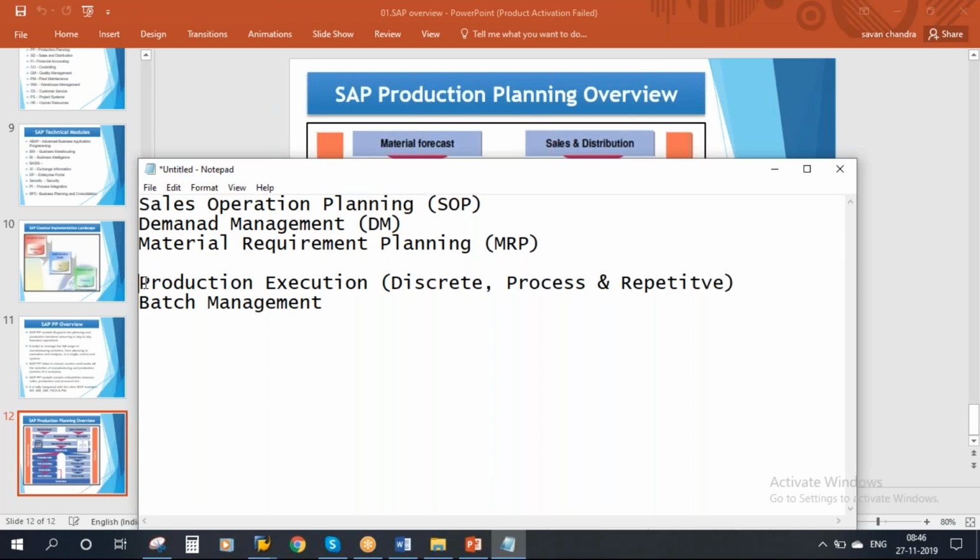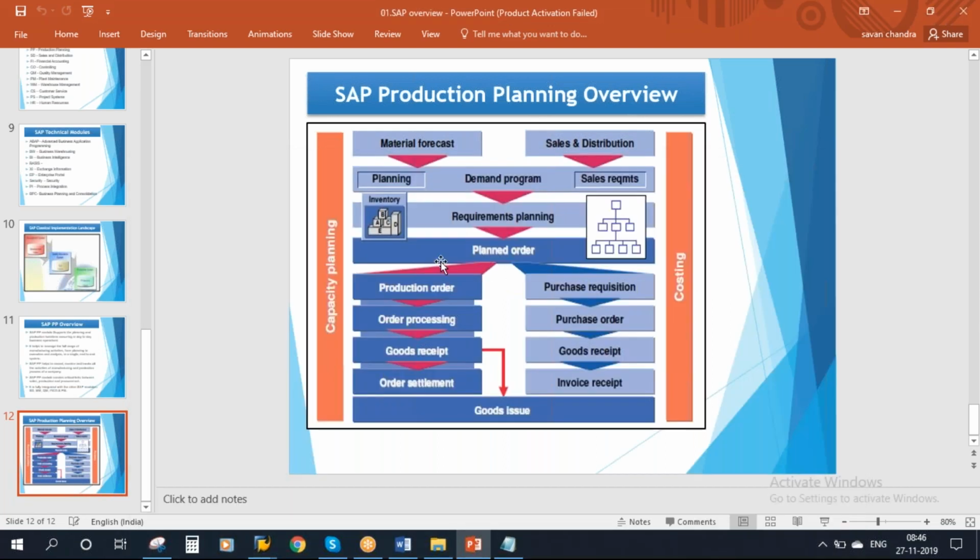And the last one, production execution, is your manufacturing execution. So these are the topics we'll be discussing on a broader level in the subsequent classes. This is the basic overview of the PP module.